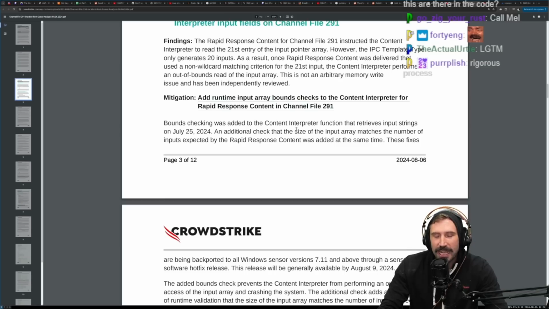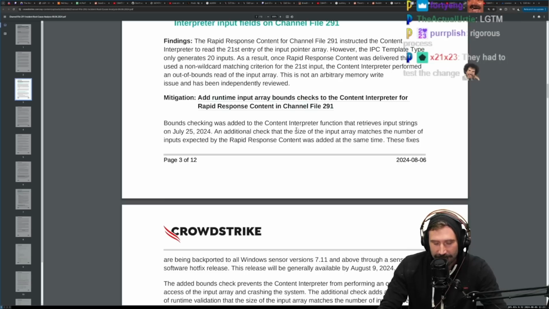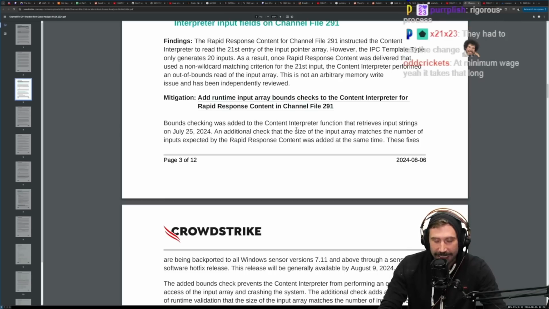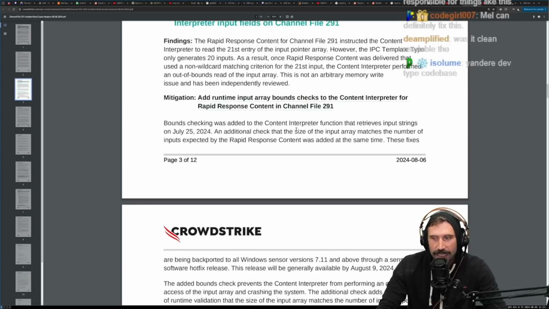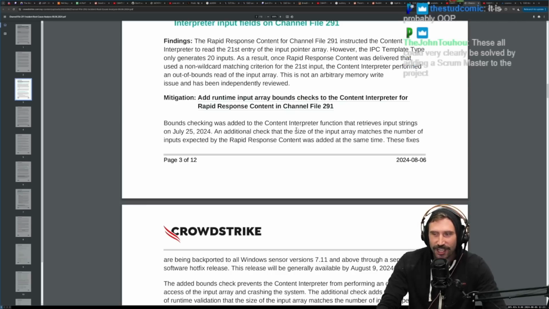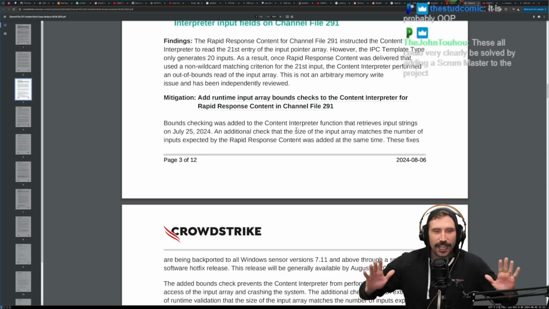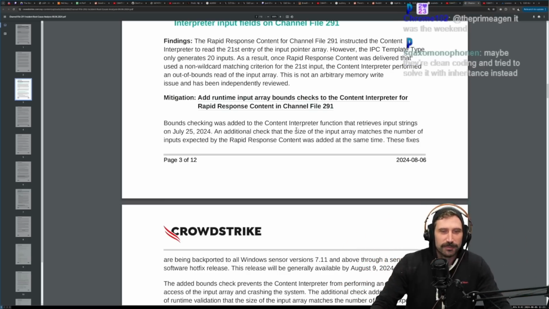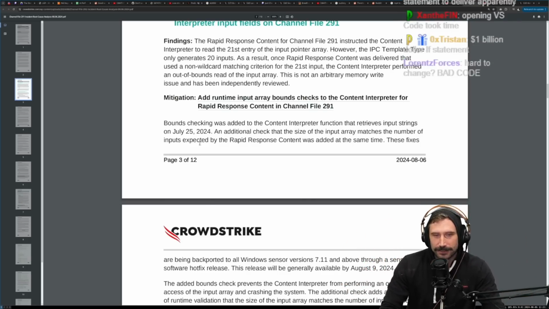To be completely fair, I'm sure just simply putting in a bounds check is not the end of it, because then you have to do something like, how do you maintain some sort of state because it's reading stuff? I'm sure there's like an entire difficult world that exists, right? Template, instance, Scrum, planning, poker, retro, postmortem, RCA.